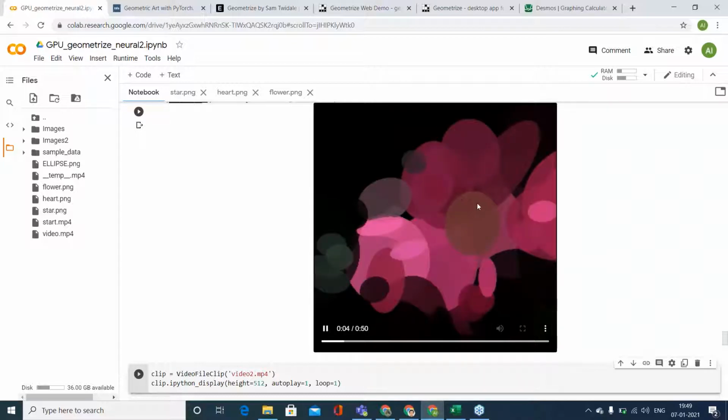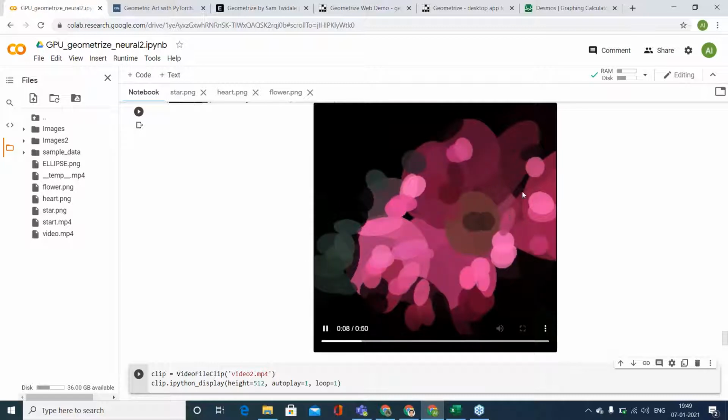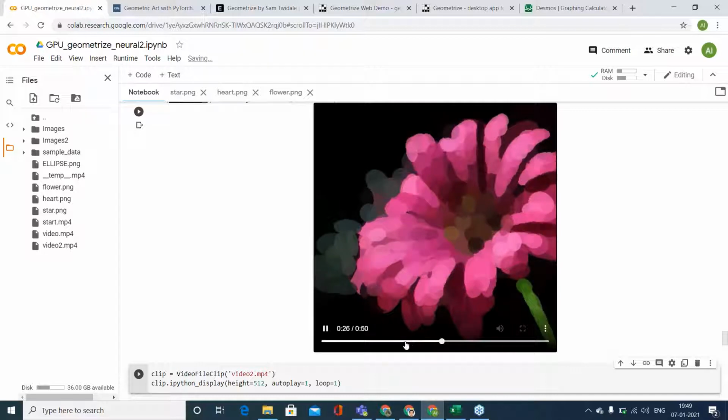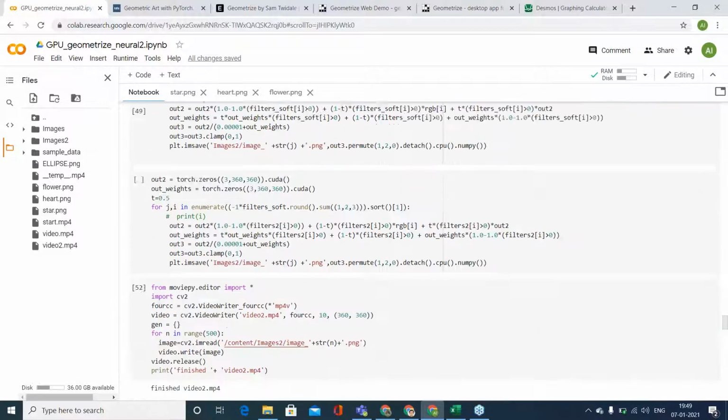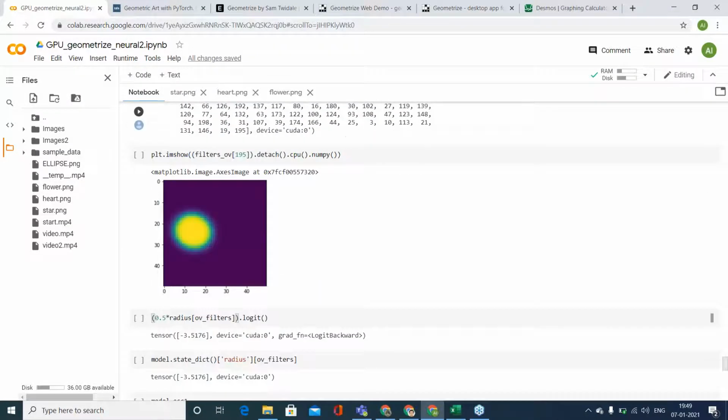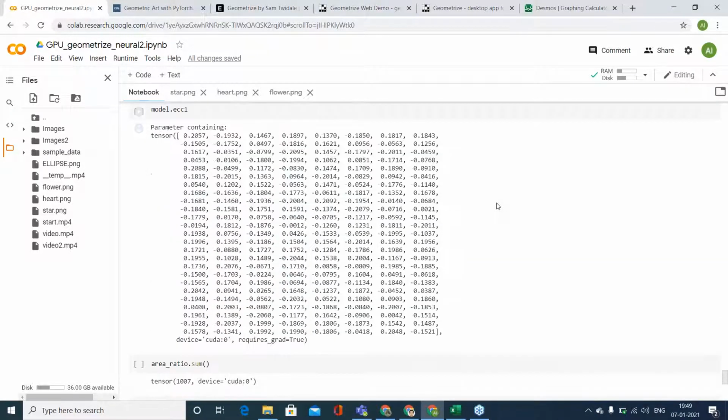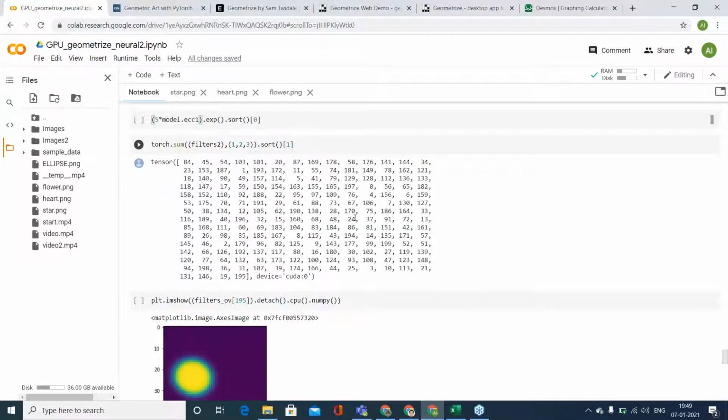Now this is the center of the flower. Then smaller circles are coming. Now I can look at individual shapes also, so that will give more clarity.